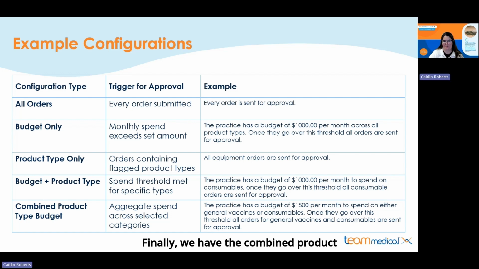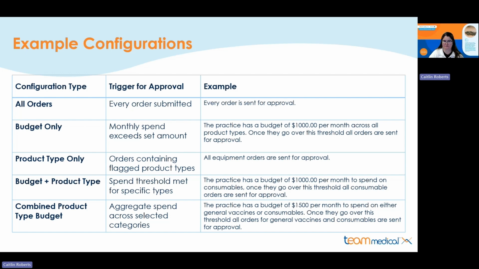Finally, we have the combined product type budget. Here you can combine multiple product types into one budget. For example, this practice has a budget of $1,500 per month to spend on either general vaccines or consumables. Once they spend over $1,500 on both of those product types, all orders would be sent to the admin user